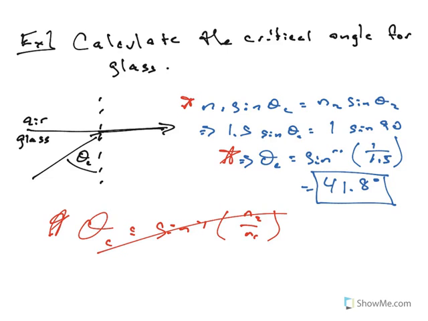The only difference is, well, what are your media? Is it air and water? Is it air and glass? Is it glass and water? Water and glass? What are these media I'm going to use? But once you know them, you're always using Snell's law, and you're just plugging numbers in and solving. So that's pretty nice. It makes these questions easy to do, less to worry about, and less thinking, which is always good. So I hope these examples helped you out, let you see how to think about these questions,